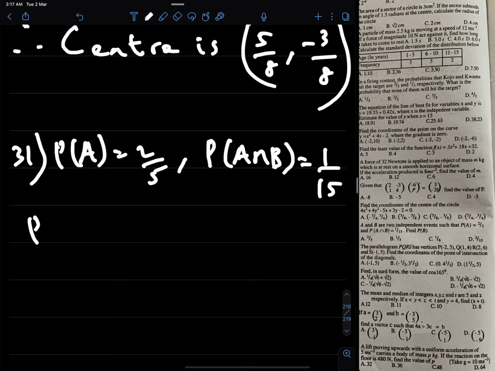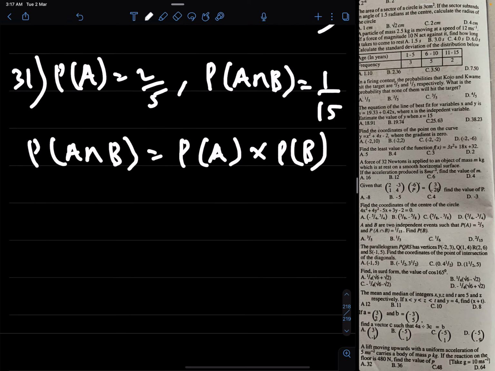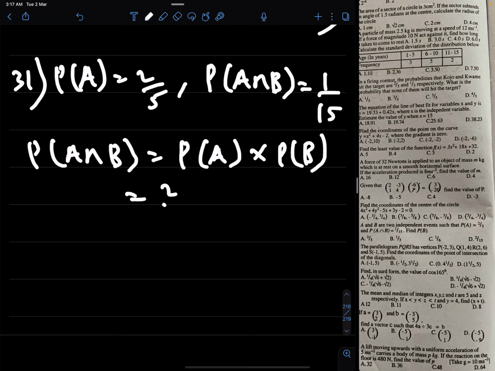If they are independent, that simply means the probability of A intersection B is the same as the probability of A times the probability of B, which means the probability of A is 2 over 5 times the probability of B. Okay, no, I think I should write that simply means the probability of B is equal to the probability of